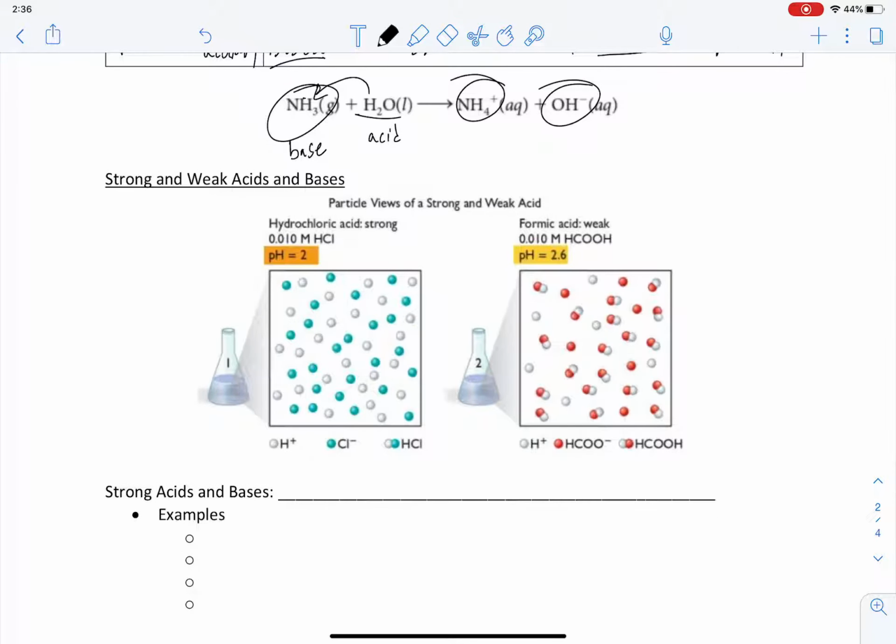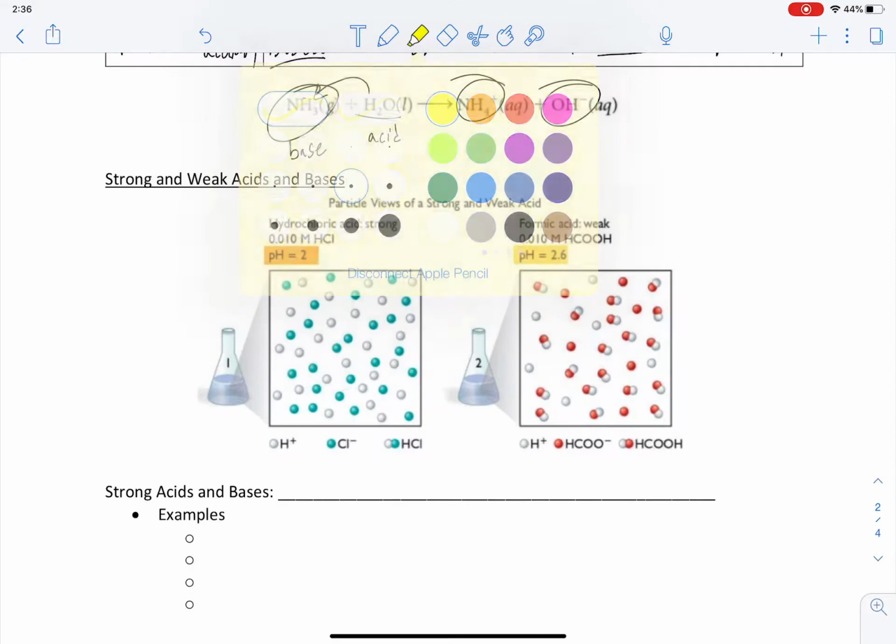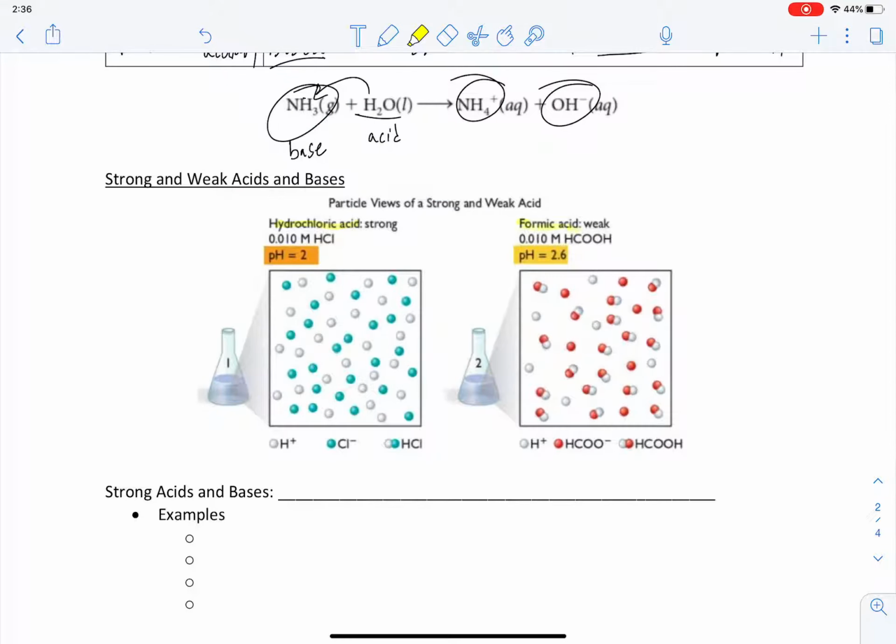So if we take a look at these particle views of two different substances, we have hydrochloric acid on the left, and we have formic acid on the right. Not much you really need to know about them, just that hydrochloric acid is a strong acid, and formic acid is a weak acid. And what that means in a particle view is that when we put this hydrochloric acid in there, the H and the Cl, so we can see the Cl is the teal spheres, H plus is the white ones. When you put hydrochloric acid in water, they dissociate completely. So that's going to be our definition for strong